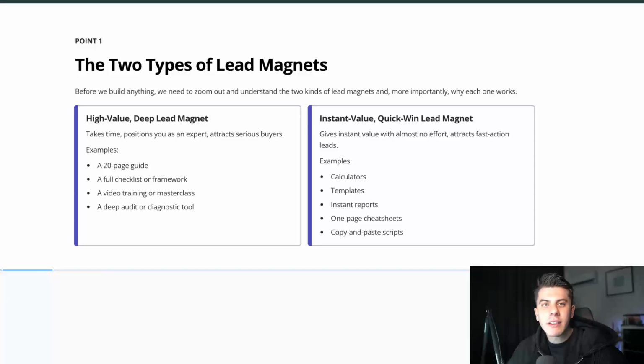The first one is the high value, deep lead magnet, which takes time to create. This is the kind of lead magnet your audience has to actually spend some time with. They have to go through it, think about it, maybe even do a bit of work. But because of that, it positions you as someone who truly understands and knows their craft. Examples include a 20-page guide, a full checklist or framework, a video training or masterclass, a deep audit or